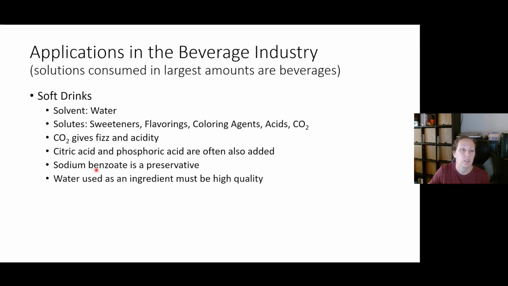And so our solvent, our water, must be high quality so that we don't get interactions that we didn't plan on. Because if you have lots of minerals in the water, then it might interact more with the acids or the preservatives or the sweeteners. And so it's just kind of an aside. The water is highly controlled in the beverage industry, not just soft drinks, but the entire beverage industry, because